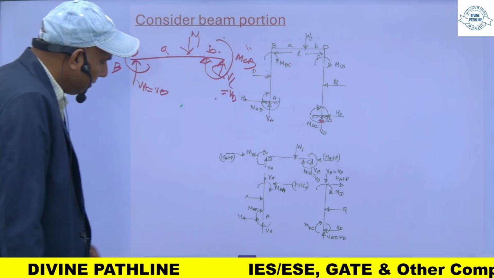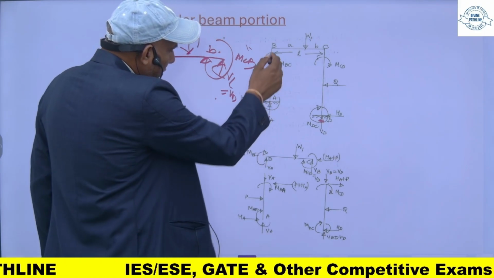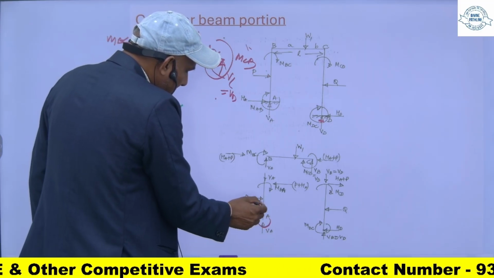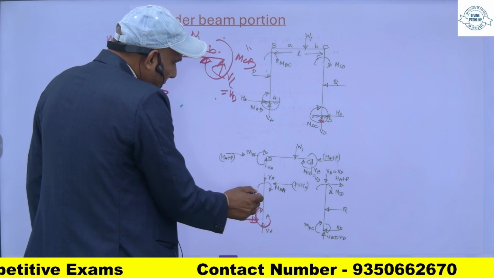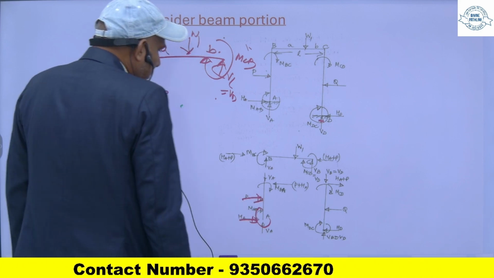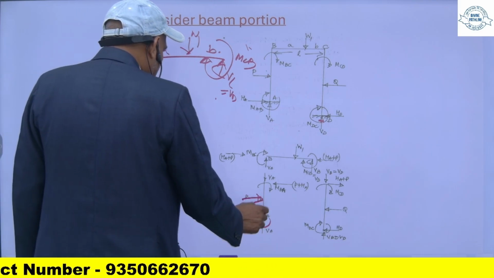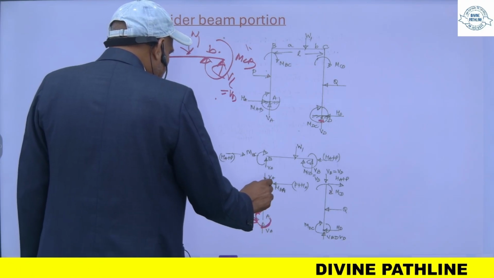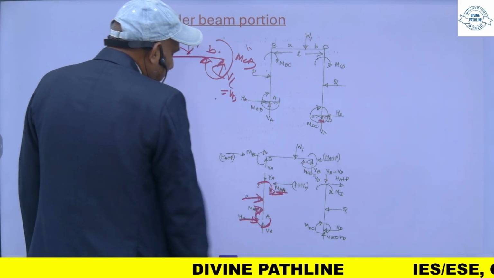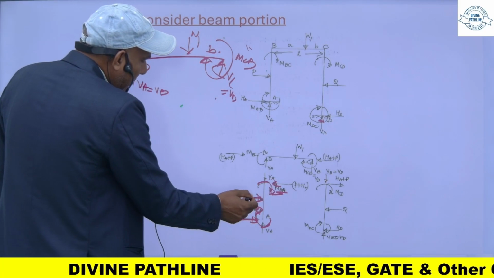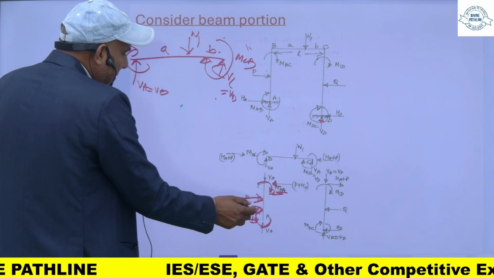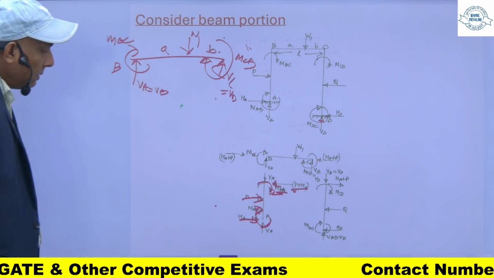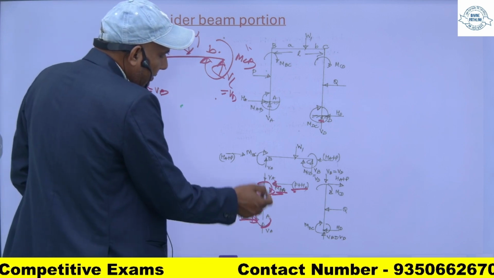अगर मैं इसको यहाँ से देखें तो, क्योंकि इस कॉलम को सेपरेट अगर मैं करता हूं तो ये वर्टिकल रिएक्शन VA है, दिस मोमेंट इज MAB एंड दिस HA। तो कॉलम को अगर मैं सेपरेट करता हूं तो ये जो मोमेंट आएगा मेरा, सपोज दिस मोमेंट, ये मान लीजिए मैंने क्लॉकवाइज मोमेंट यहाँ मान लिया है MBA, तो ये हॉरिजॉन्टल रिएक्शंस क्या आएगी, दिस मस्ट बी इक्वल टू दिस प्लस दिस, ये लेफ्ट टू राइट, तो P प्लस HA यहाँ पर रिएक्शंस राइट टू लेफ्ट हो जाएगी।